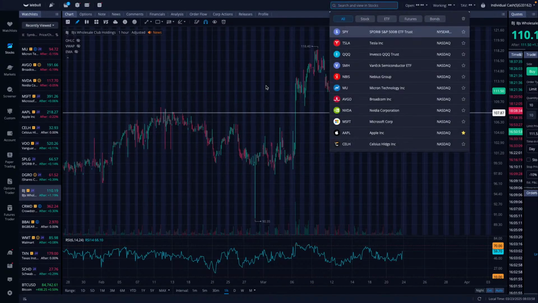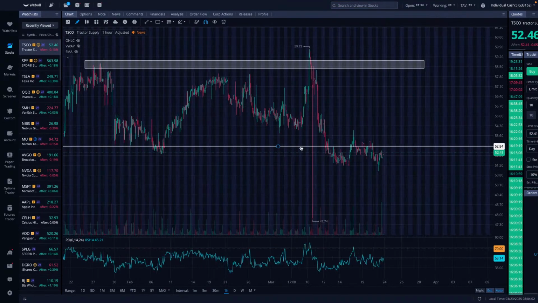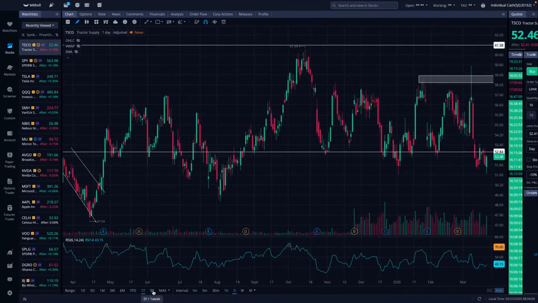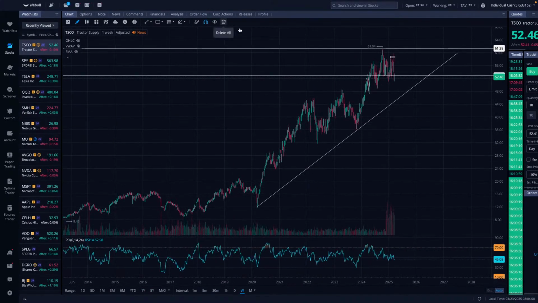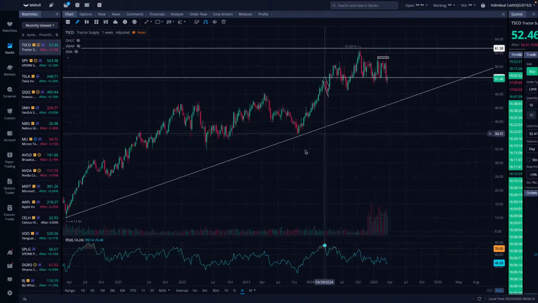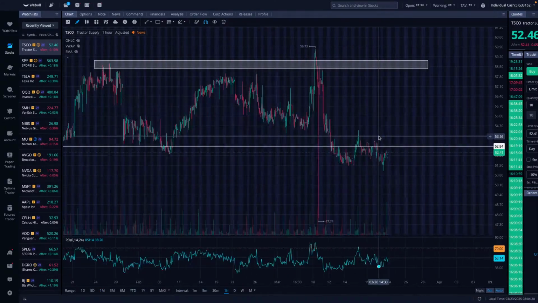Let's go over TSCO, the Tractor Supply. I mean, this company is for its dividends, right? I think Jay Young uses it for his dividends. If you're looking to buy into this, I would follow the long-term trend. 2020, we had $12, then we had $35. I'd be looking for $50 flat psychological level to start making some trades on them if you're going to buy.